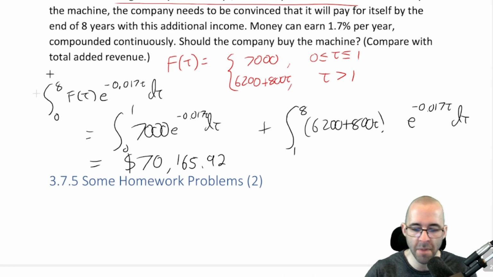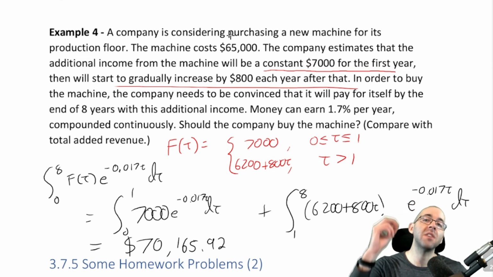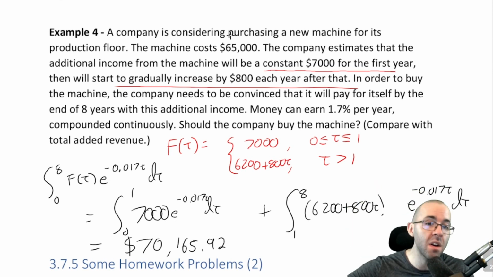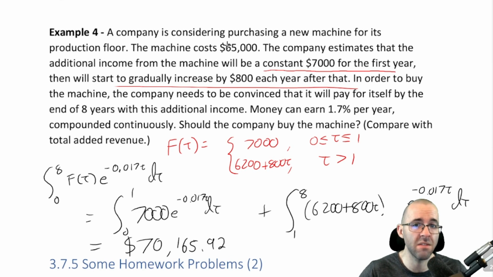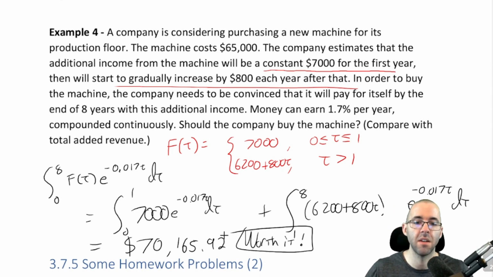So let's use that amount to answer the question. The machine costs $65,000. It's going to make us, we didn't even calculate how much it's going to make us, by the way. We calculated how much that future money is worth to us now. And the future money is going to be worth about 70 grand. Yeah, that's more than the machine costs. So yeah, it's worth it. The present value of this additional income is more than the present cost